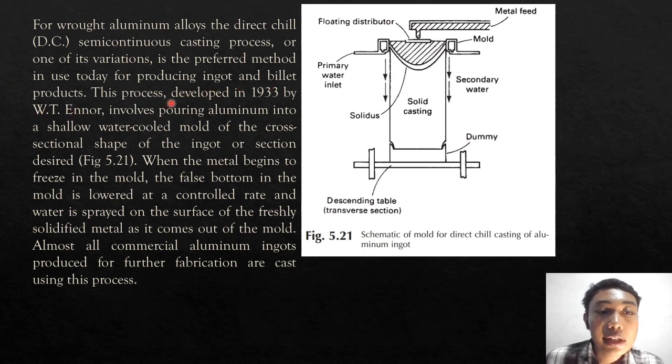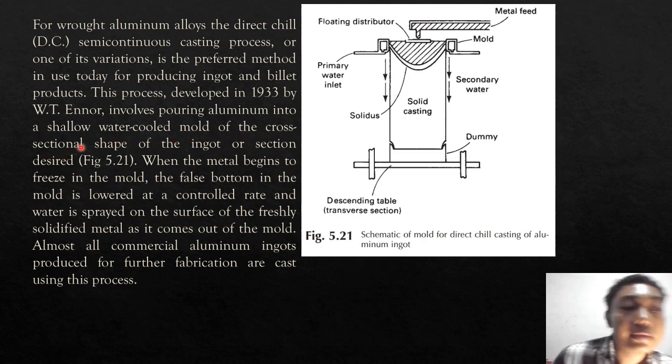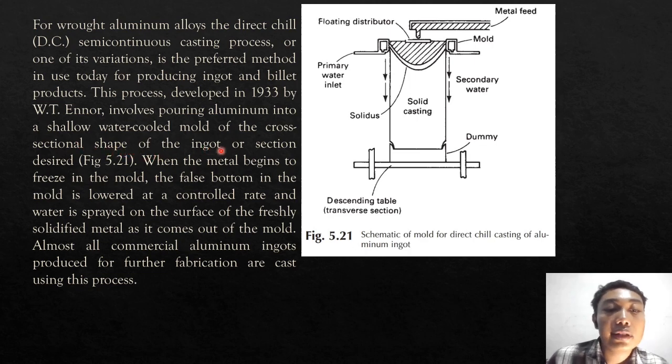This process, developed in 1933 by Whitty et al., involves pouring aluminum into a shallow water-cooled mold of the cross-sectional shape of the ingot or section desired,